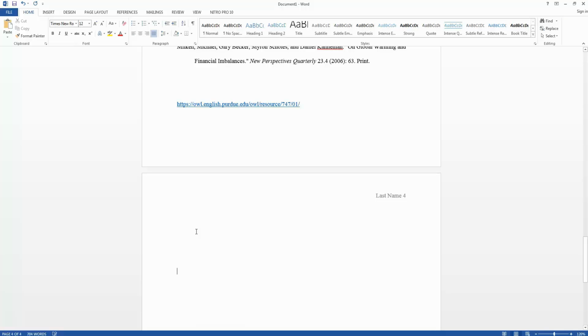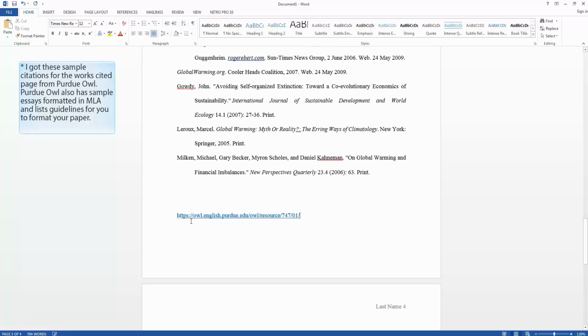Some tips and suggestions to cite your sources would be this source right here, Purdue OWL. It's a great method to cite your sources, but it's a pain. So I use this other website, and I'm going to provide the links for both of these in the description below. But go ahead and try this